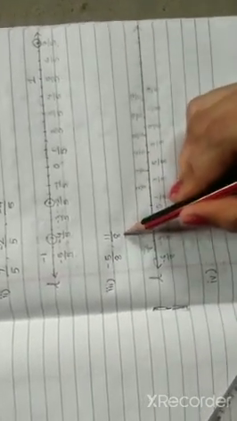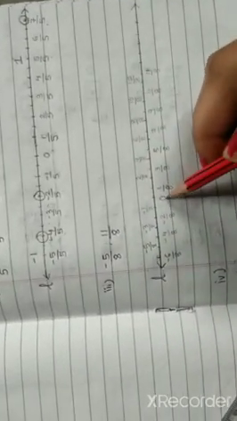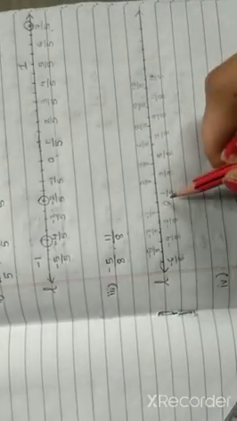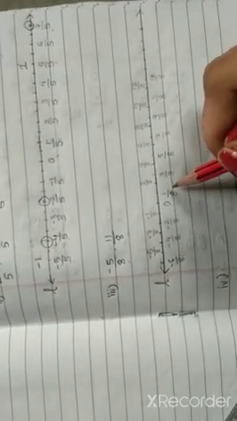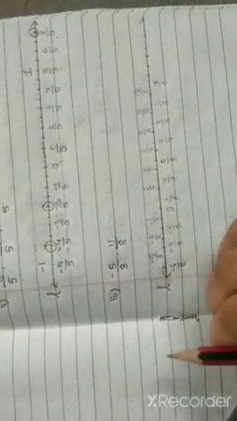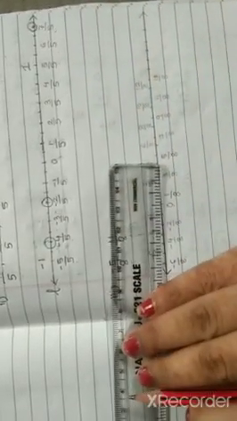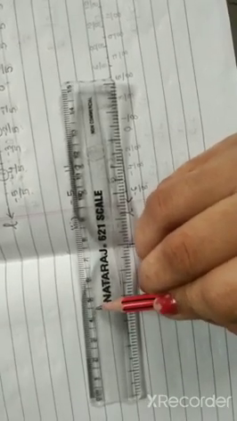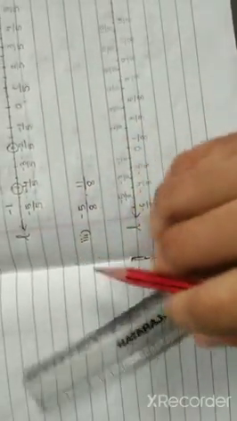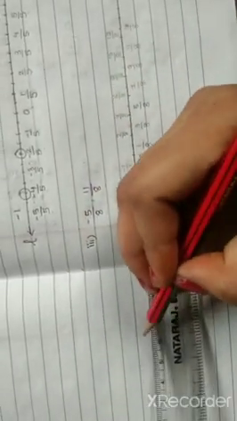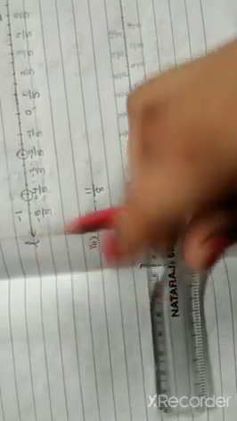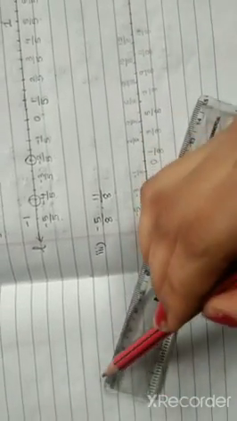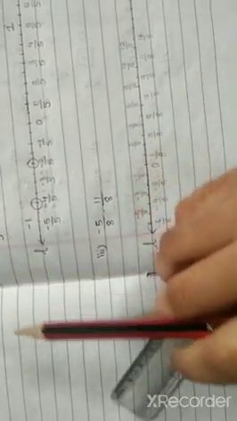That means there are 8 parts between 0 to 1. Again 0 on the right hand side all the positive terms, on the left hand side all the negative terms. I am drawing on the distance of ½ centimeter, that is 0.5 centimeter. On a scale you all can see this is 0.5 centimeter. The line between 4 and 5, this line is 0.5. Each line is 0.1. Hope you all know how to read the scale. The distance between 0 to 1, there are 10 small lines. That means each line indicates the value of 0.1 centimeter.